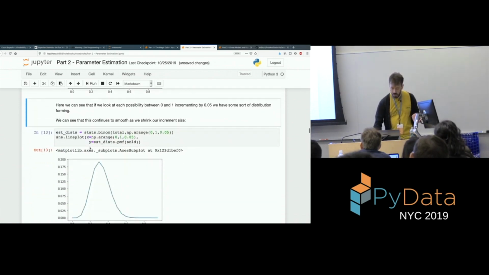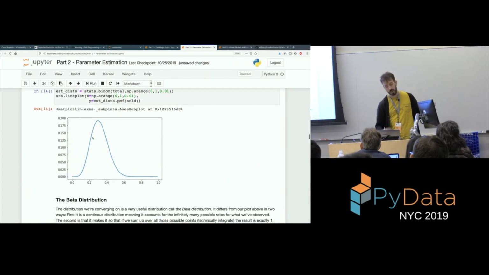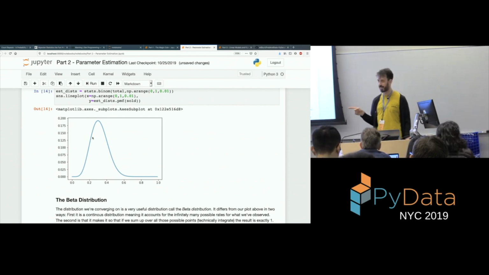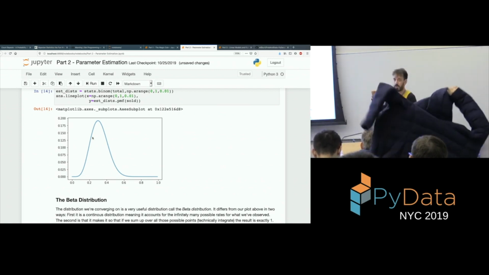And so we can do that. We can keep making this more and more fine-grained, right? We get a smoother and smoother curve, and we get these really beautiful smooth curves. When you're doing math, you get those. Real life never looks like that. So now you know you must have done something smart because you got a smooth curve. So this is where we want to be, and this introduces the other distribution we'll use today,